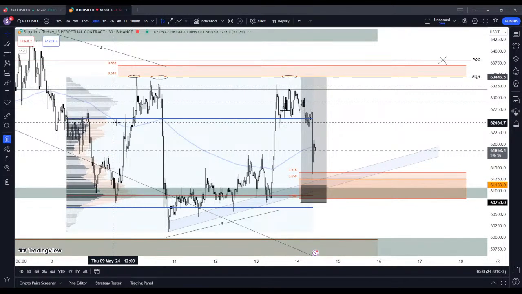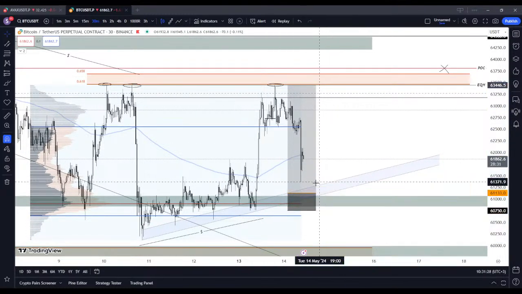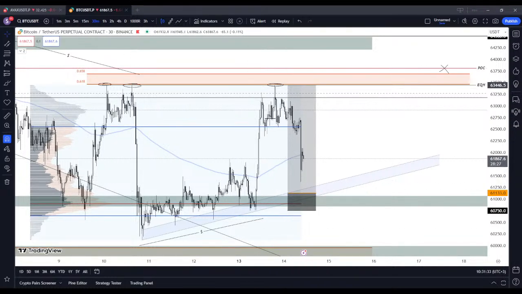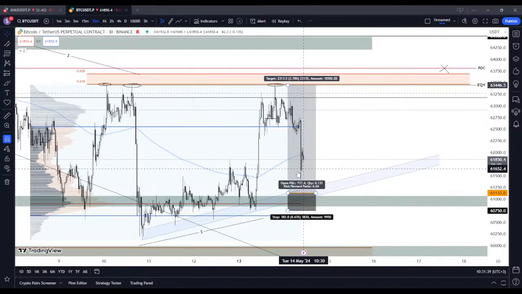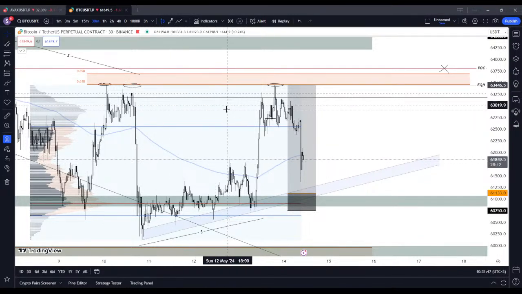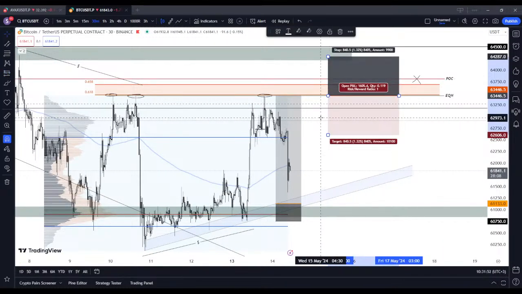I'm looking at Bitcoin here, and I'm expecting a dump into this POC area. You see, we slightly stopped into the 61.8, the golden pocket here. It's an unusual pump, like a good reaction from 61.8, which you can expect. But I'm looking to play something like this today.